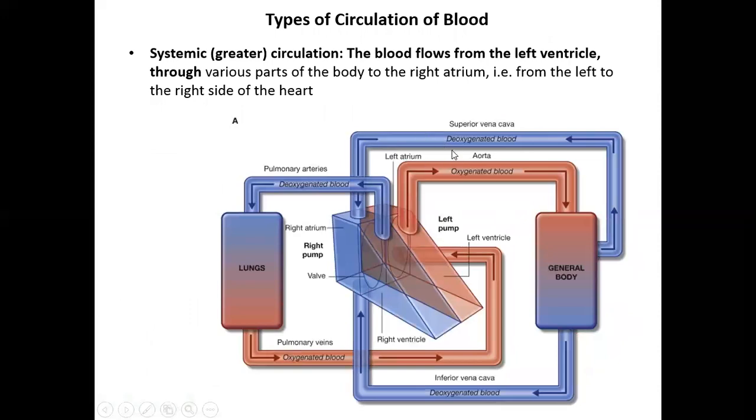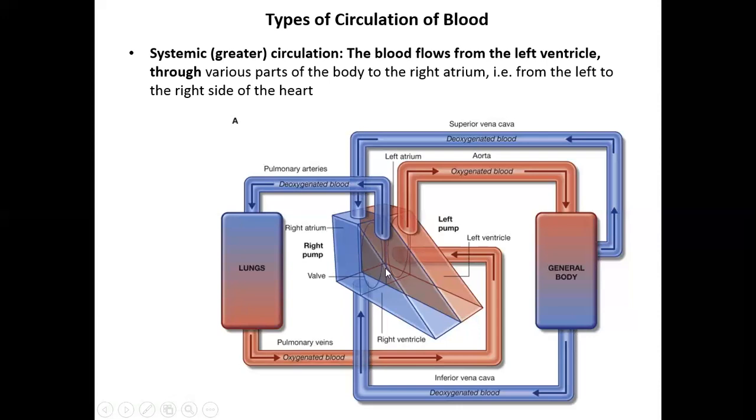Let's see the types of circulation. While considering the heart as a central pumping organ of the circulatory system, this is a diagrammatic representation where the atrium and ventricles are represented, and the vessels which are originating or draining into the heart are also mentioned. This is aorta, which is arising from left ventricle, superior vena cava, inferior vena cava, which are draining into right atrium, right ventricle giving rise to pulmonary trunk.